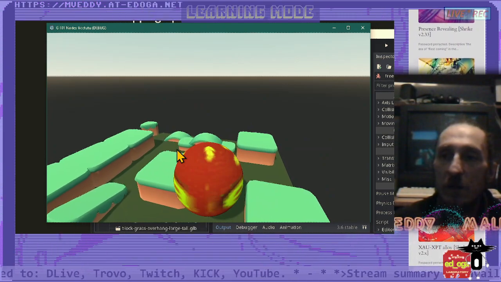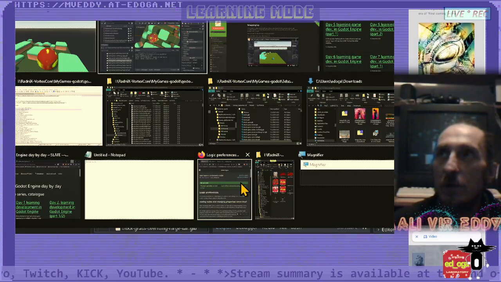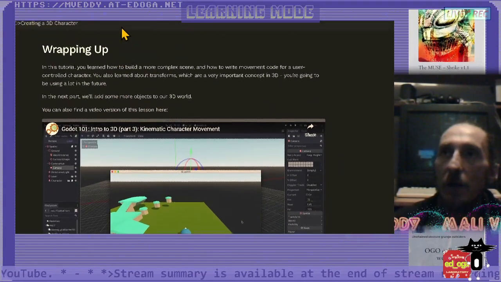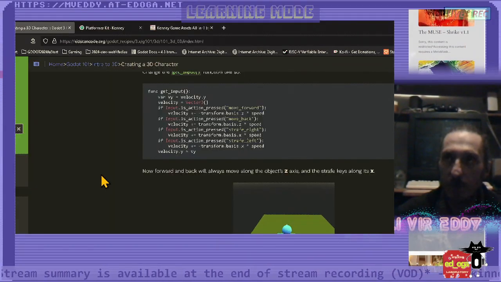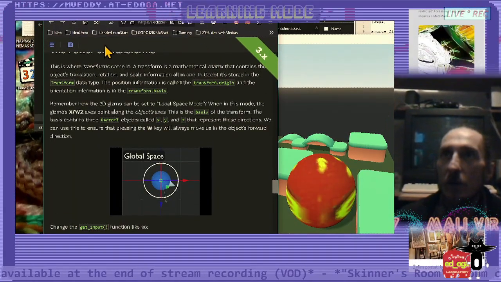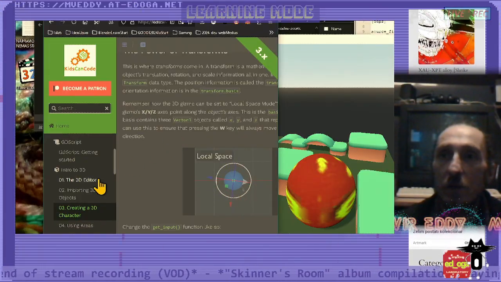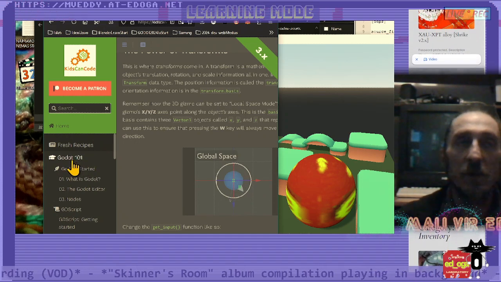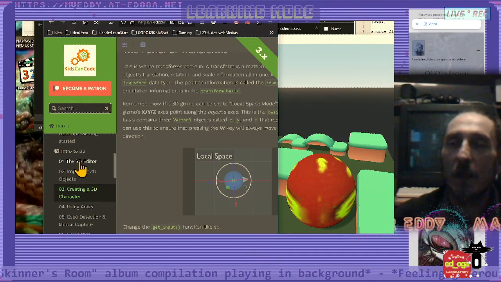And I watched at the end of the recipe from Kids Can Code, this recipe, and in the text for the part I went through. I didn't go through the manual today for Godot. I continued through the 101 Godot on Kids Can Code and went through the intro 3D,